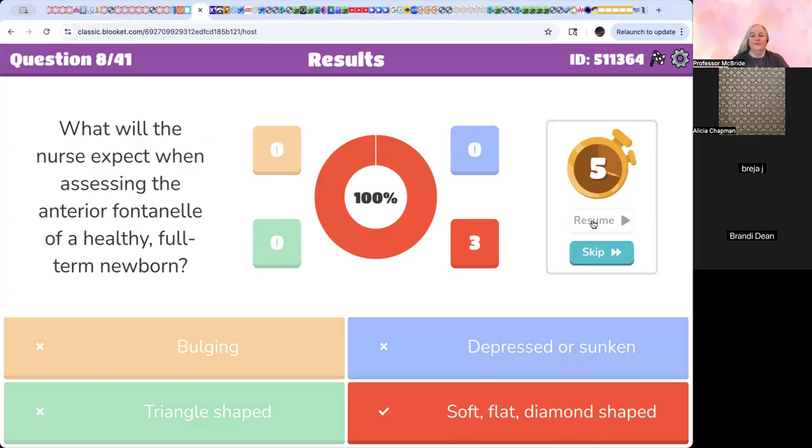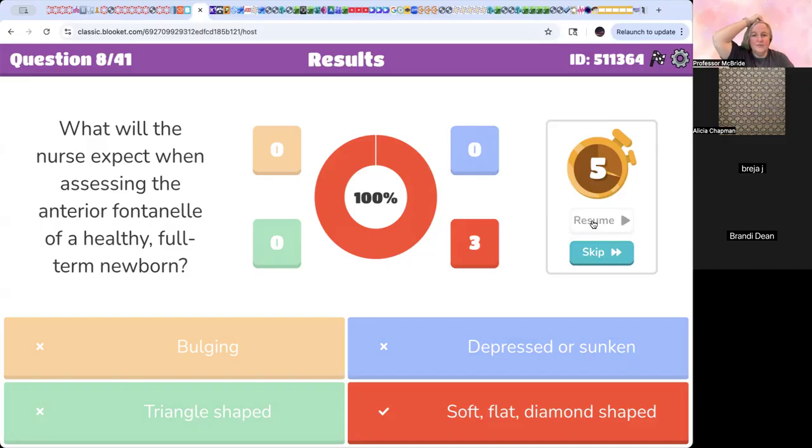Stop. Okay. For this one, yes, the anterior fontanelle is up here. It should be soft, flat. It's also shaped like a diamond. If it isn't soft and flat, if it's sunken in, what could that be a sign of? Dehydration. Okay. And if it's bulging out,